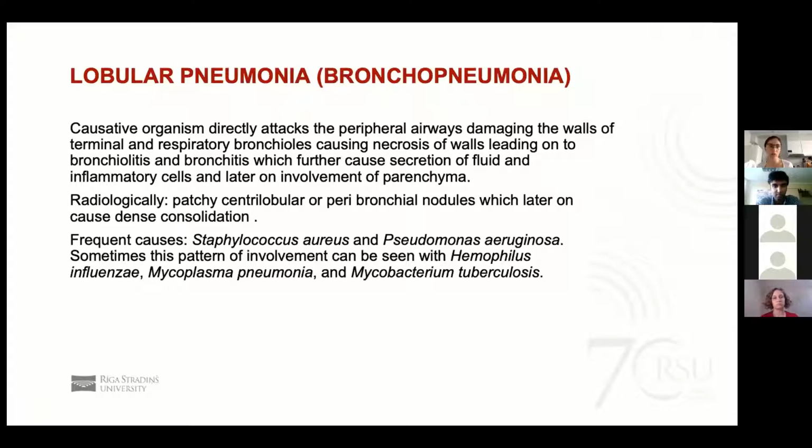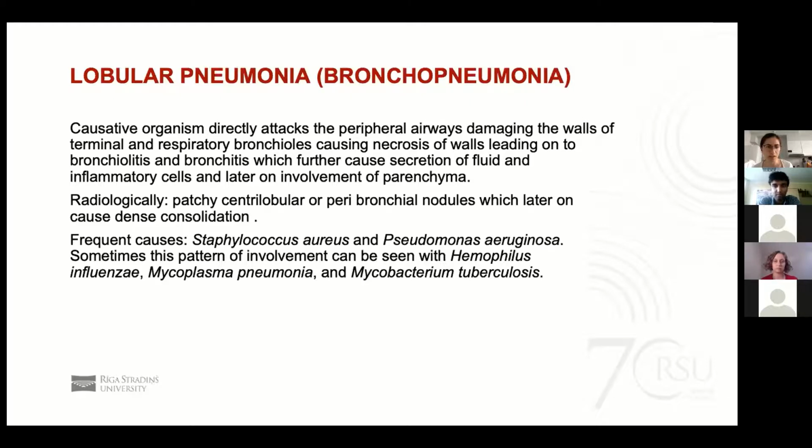And then we will speak about lobular pneumonia, which is also called bronchopneumonia, and this is caused by microorganisms which directly attack the peripheral airways, damaging the wall of the terminal, like the last part of the bronchus and the respiratory bronchioles, which leads to necrosis of the walls, like the death of the bronchial walls, leading to bronchiolitis and bronchitis, which is the inflammation of the bronchus and the bronchioles, the smaller branches of the bronchus, leading to further secretion of fluid and inflammatory cells, and later involvement of the parenchyma, so of the other parts of the